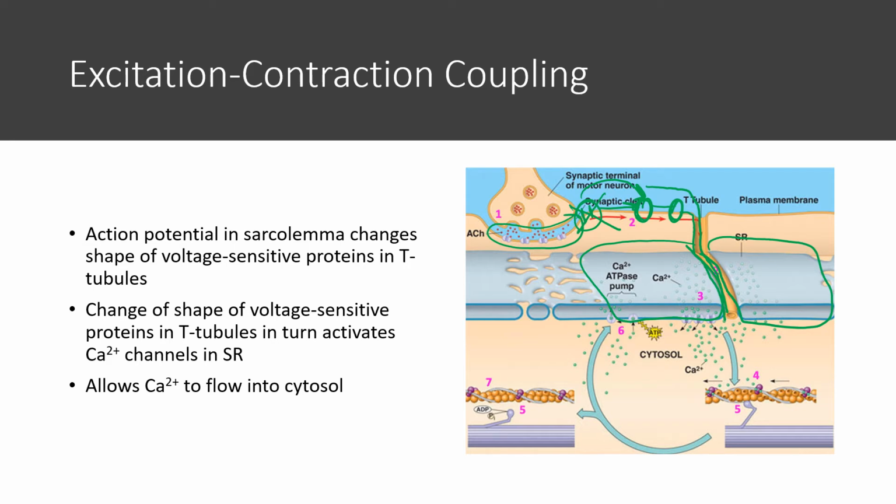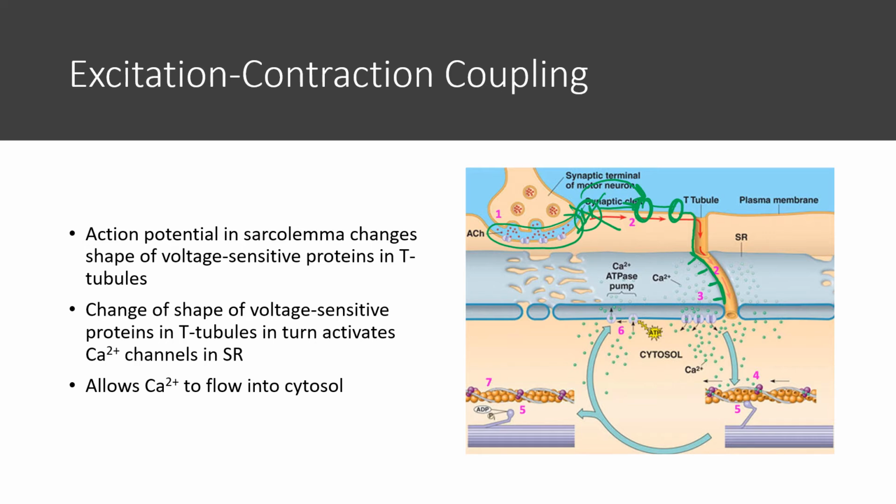And as that electrical zap gets transmitted down the sarcolemma, which includes the walls of the T-tubules, it's going to open up voltage-sensitive receptors that are in the sarcoplasmic reticulum adjacent to the T-tubule that are specific to